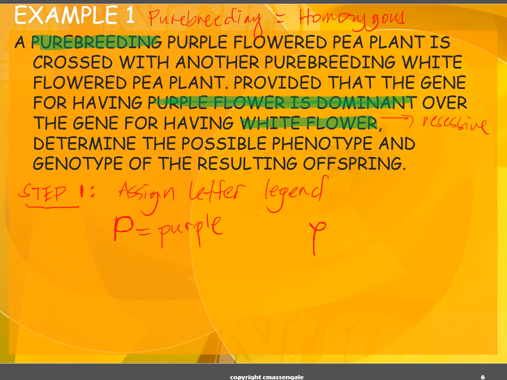And this one, white flower, is the recessive trait. So we will assign the small letter with the recessive trait, which is white. Okay, so that is step number 1. We will just assign the letters. Next, let's continue. So, for step number 2,